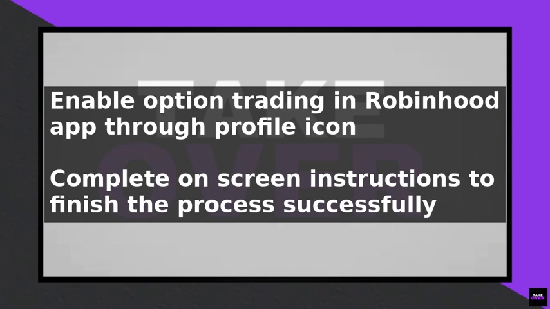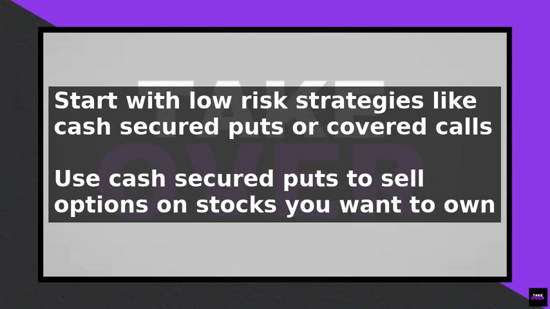From there, scroll down to the option trading section and tap the button to enable it, following the on-screen instructions to complete the process. Once you're eligible for option trading, it's recommended to start with low-risk strategies such as cash-secured